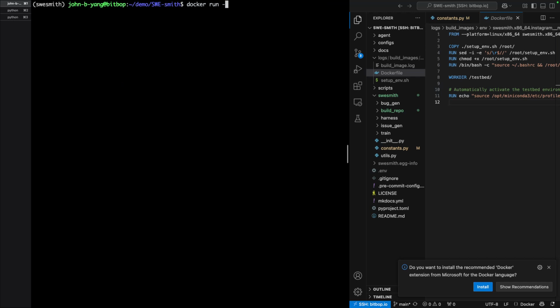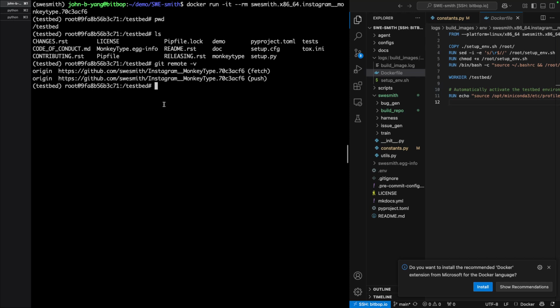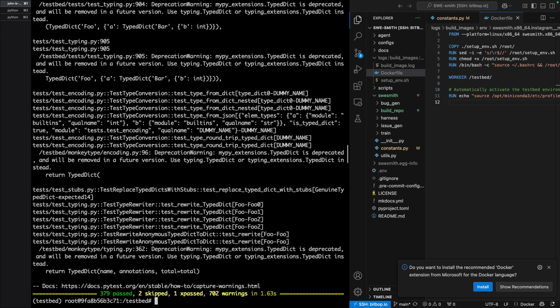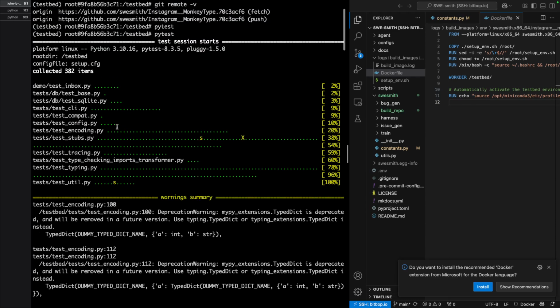And now, really quickly, I'm just going to run this to create a container. All I've done was spin up a container for this particular image. And as you can see, we're inside the monkeytype repository, and it's mapped to the mirror repository that we just created. If you run pytest in here, you can see that now we have a Docker image corresponding to this repository. And so now we can do a lot of fun things with this, and it's exportable, but now we have our execution